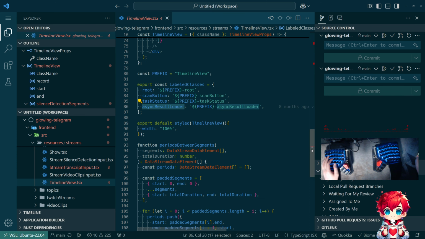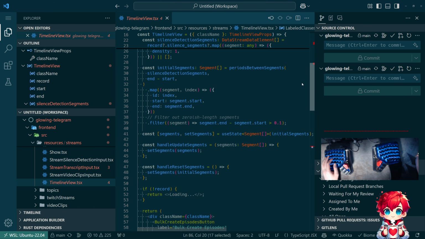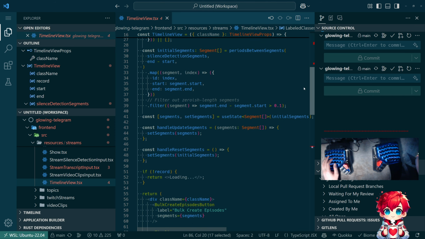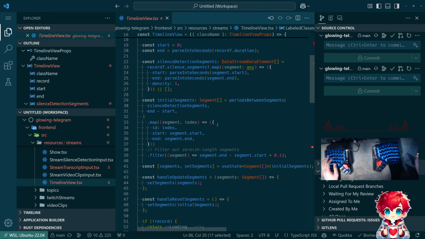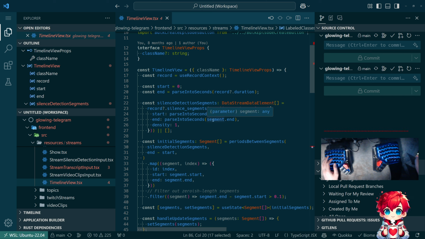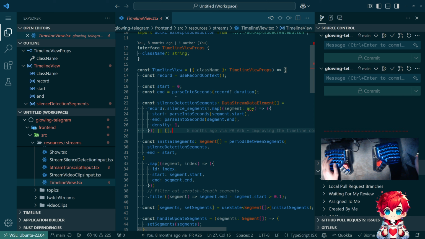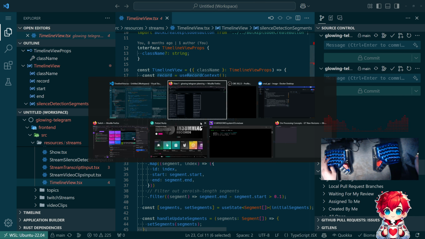It's async result loader. Yeah. So we can't just take this and dump it into the new front end, because the way the data is represented is different. In the data model here, the silence segments are information that's stored inside of the stream record. Whereas now,